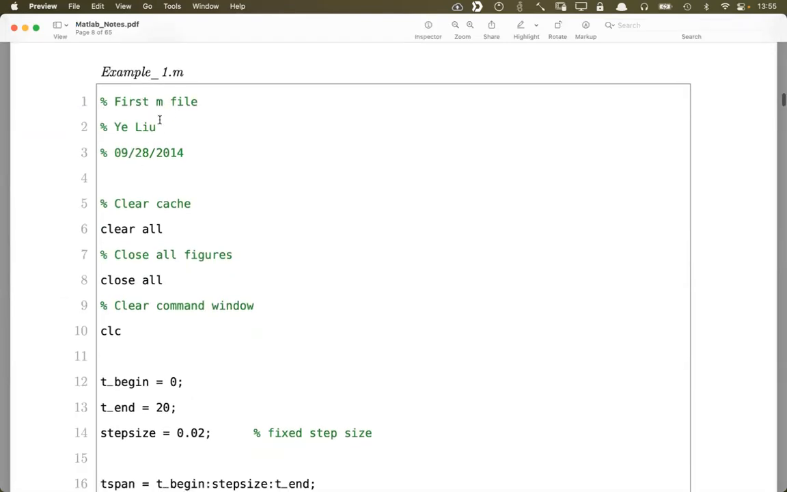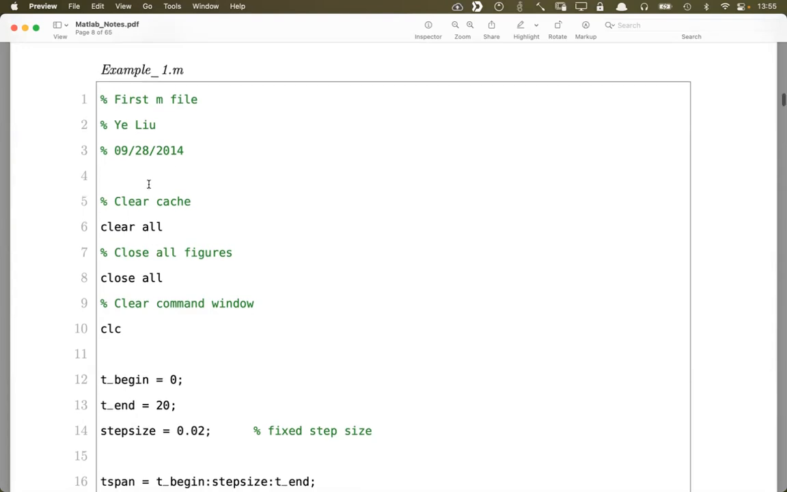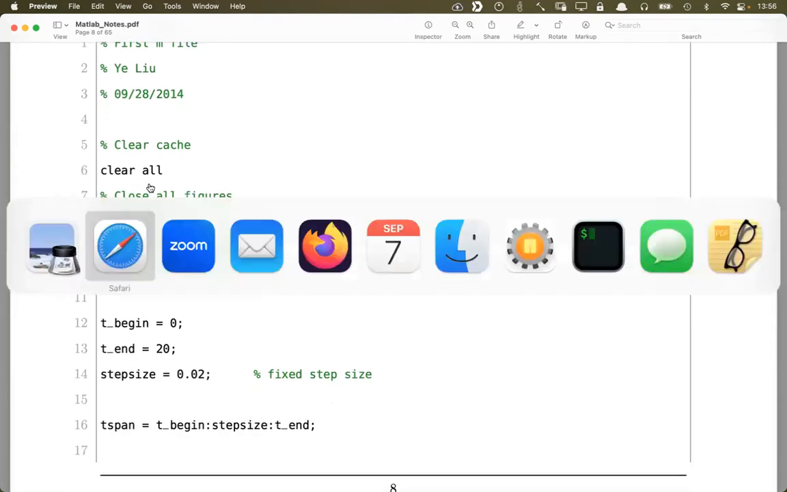so for this file, the lines at the beginning with the percent symbol, so these are comments. So this is not real code, just the comments of the file. First M file. Then this is my name, then you can write down your name here. Then this is the date I wrote this file. The last one. Okay, just go to